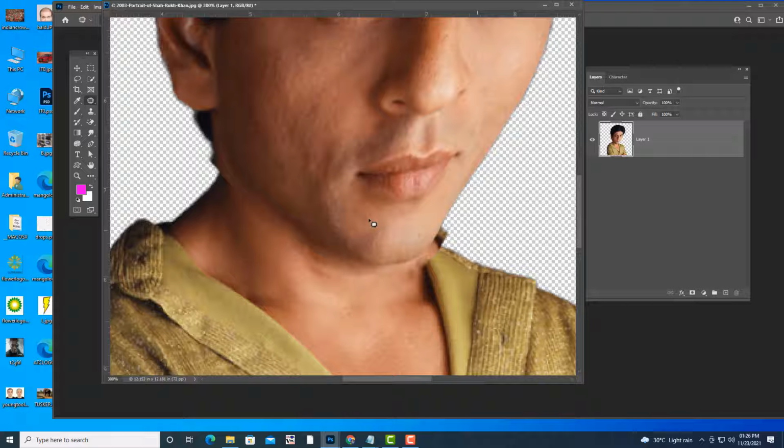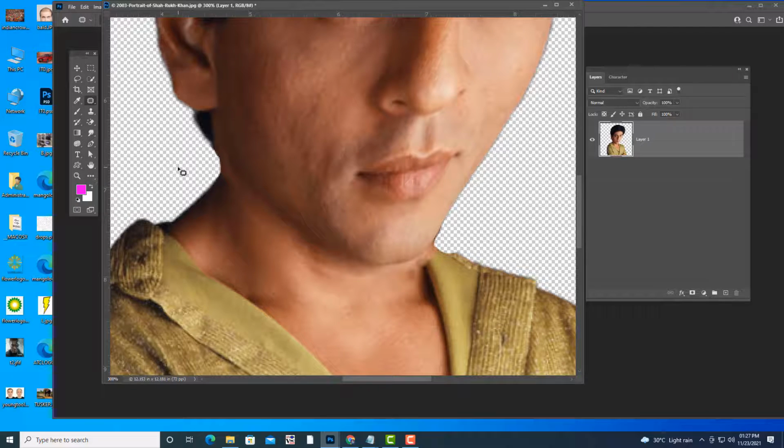Something like this, and some unwanted parts you can just delete. Hit delete. You can use both clone stamp and patch tool.